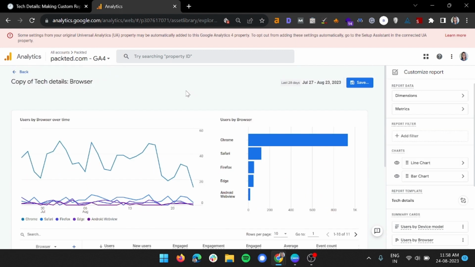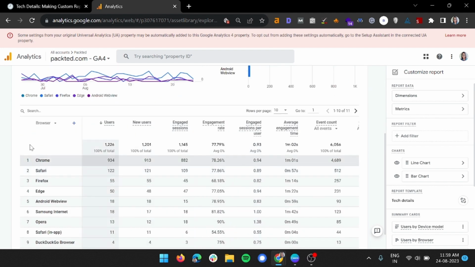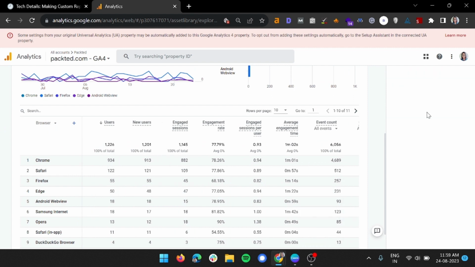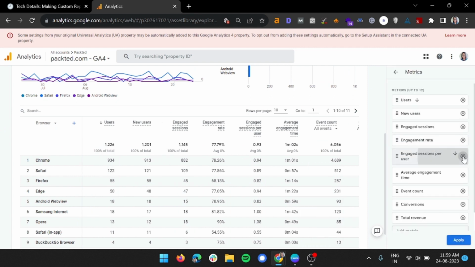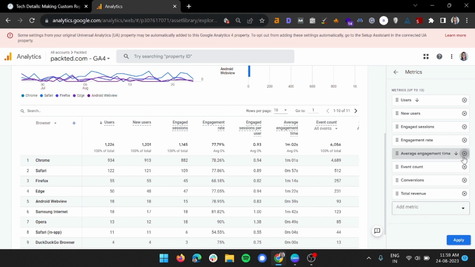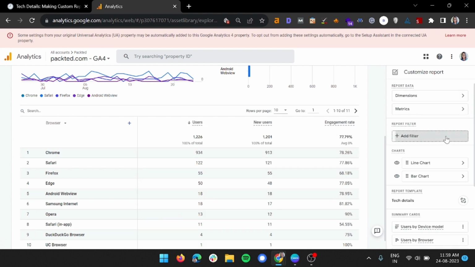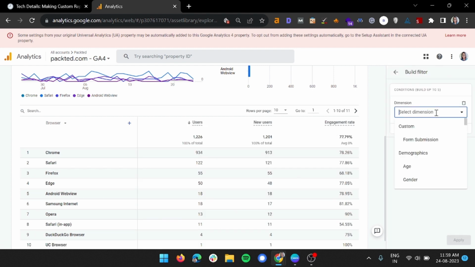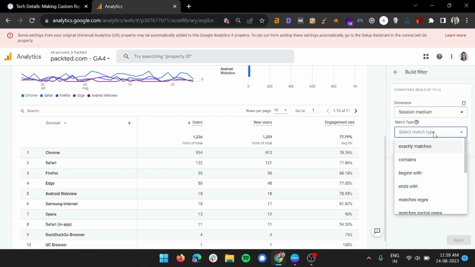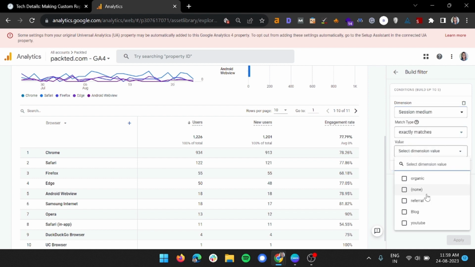For the second example, let's say you want to know the people who are coming from a specific country, from a specific medium for different browsers. So for that, the primary dimension is browser, so we won't touch it, but we can adjust the metrics and remove the unnecessary ones. After that, we want to know people who are coming from a specific medium. So for now let's do referral,